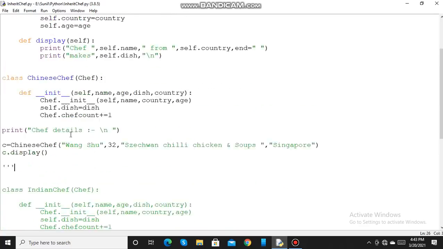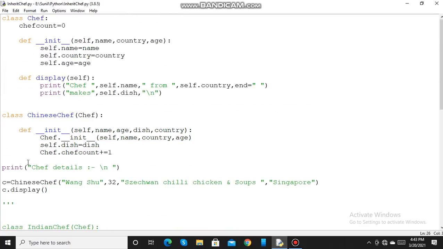So now we will add one more method to this derived class Chinese chef. We will add a display method here.